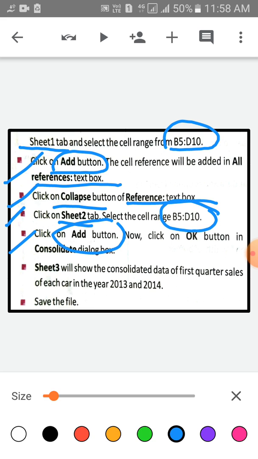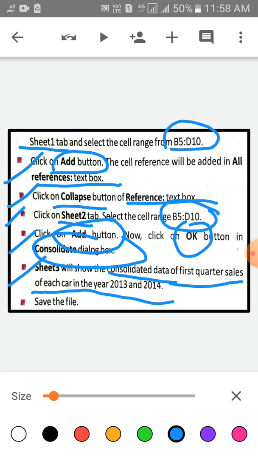Again click on the add button. Now click on the OK button in the consolidate dialog box. Lastly children, sheet 3 will show the consolidated data of first quarter sale of each car in the year 2013 and 2014. Lastly, you have to save this file.